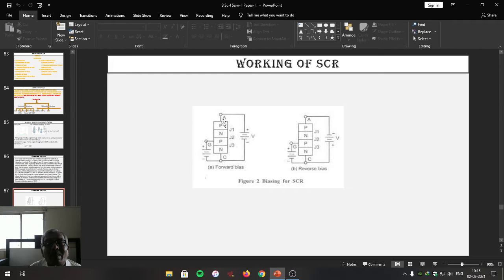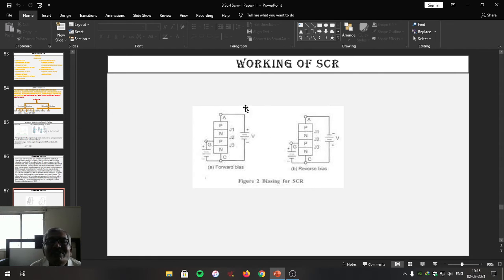so SCR doesn't conduct current for a long time. You have to decide how much anode current is needed and how much power is to be developed across the load connected between anode and cathode. Accordingly, you provide the gate current, which decides the firing angle and conduction angle, the ability to allow load current to pass through it and control the power through that load. That is the reason why this device is called a silicon controlled rectifier.